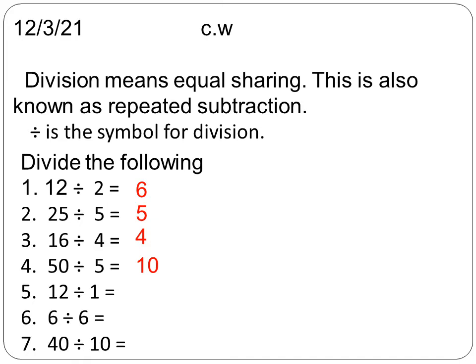12 divided by 1. Any number divided by 1 gives the number itself as quotient. For example, 12 divided by 1. What is the answer? Yeah, it is 12. Next, 6 divided by 6. Any number divided by itself gives 1 as the quotient. Next, 40 divided by 10. 10 fours are 40. So 40 divided by 10 is equal to 4.